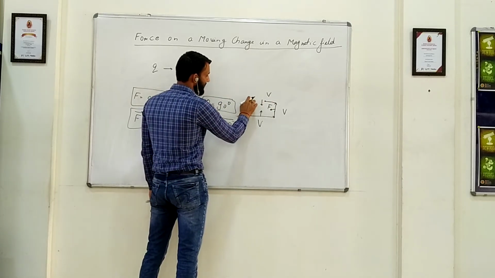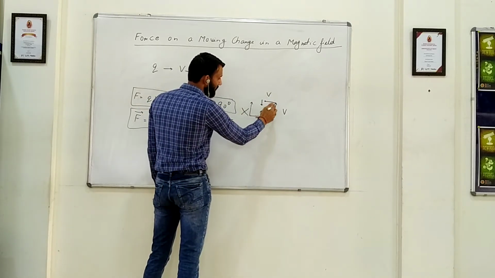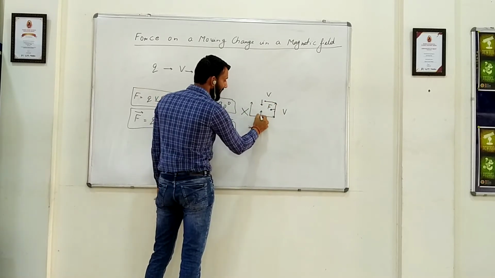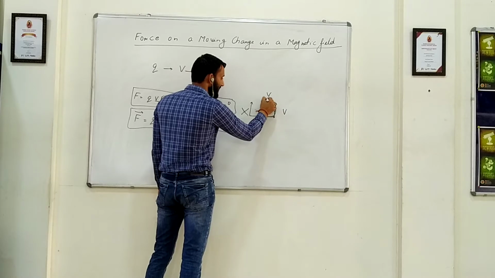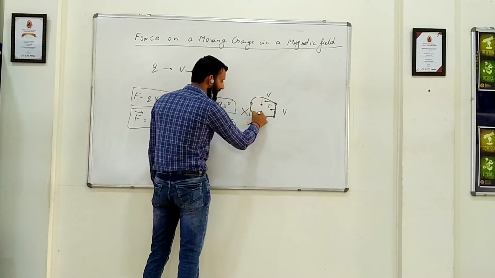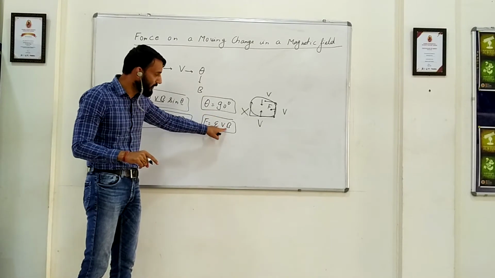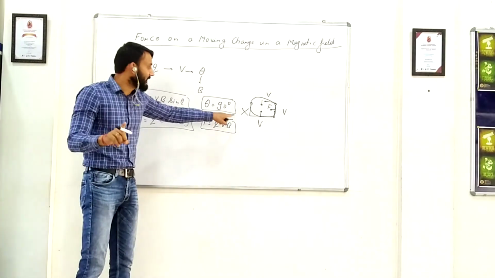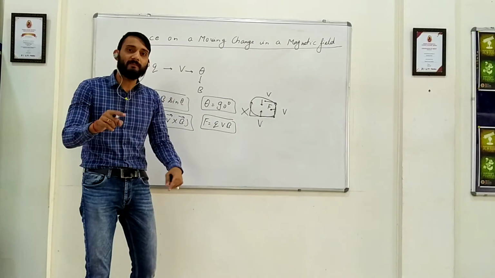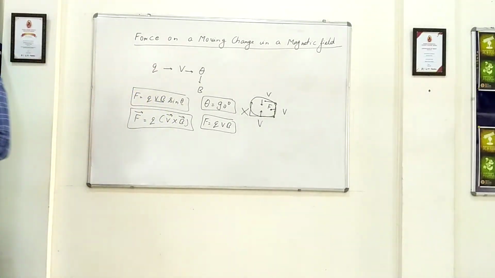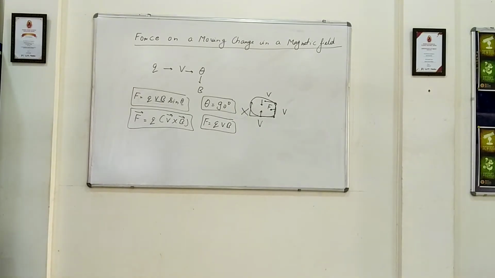Now let us say the velocity. Okay, if you see like this, you could see that if I keep on changing the direction of velocity, this particle is moving in this path. So basically what I am bringing here is this, that whenever this velocity is perpendicular to magnetic field, the force will try to move this particle in a circular path. The force will try to move this charged particle in a circular path. So this is the point which I am trying to make you understand.